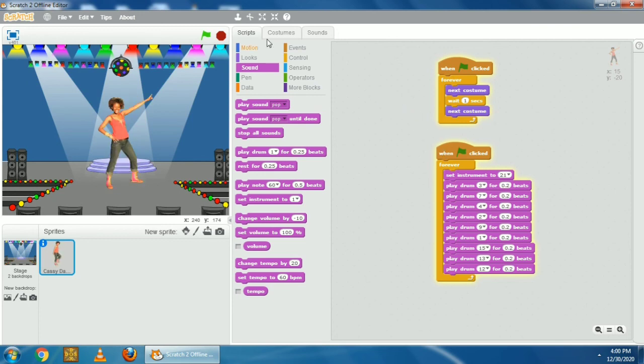Now when I click on this red stop button, it will stop the execution. So let's click on the stop button. You can see now the execution is stopped because I clicked on this red stop button.